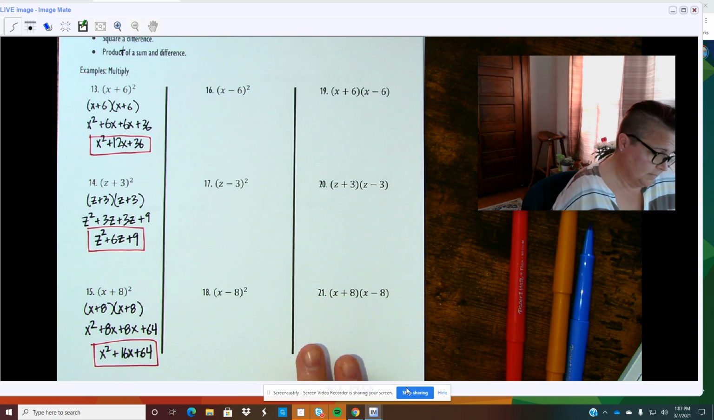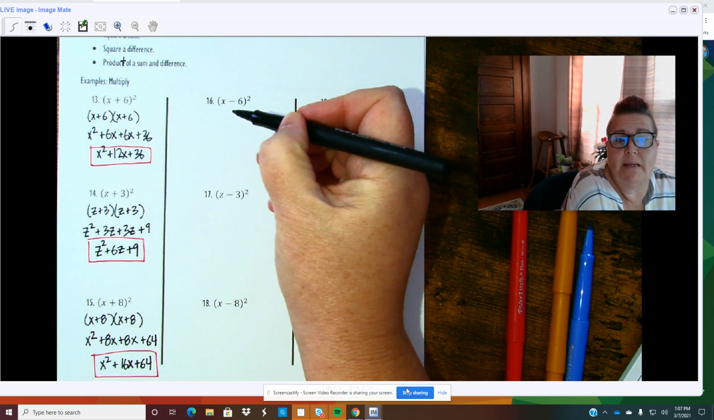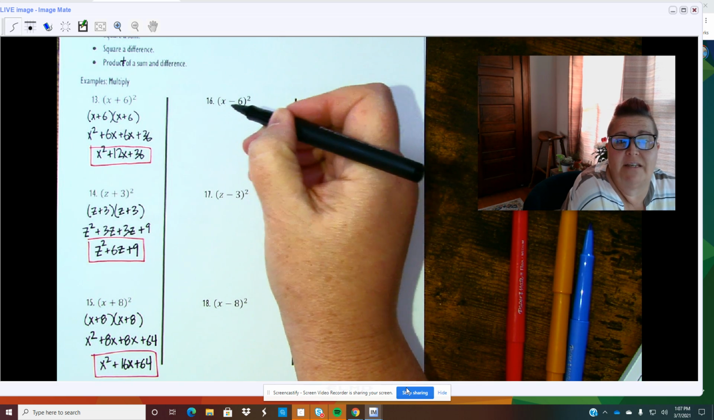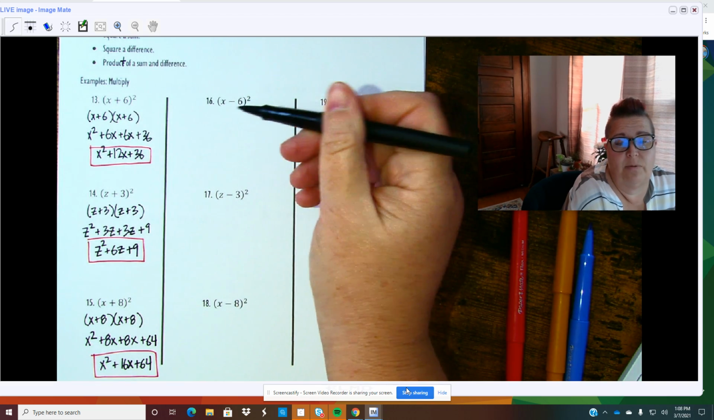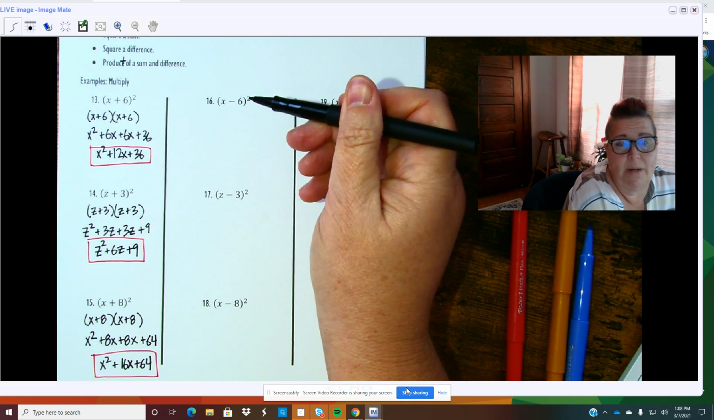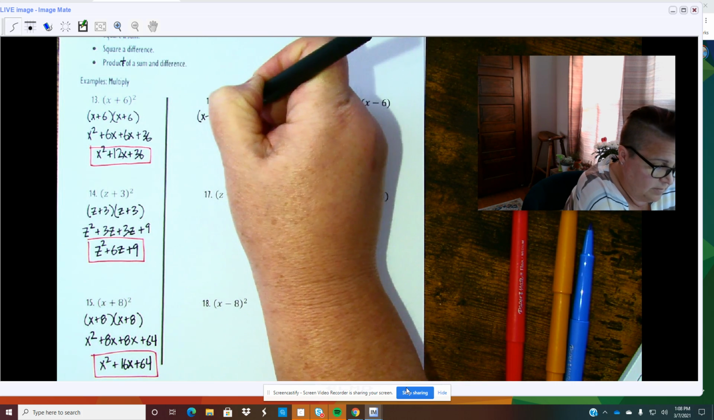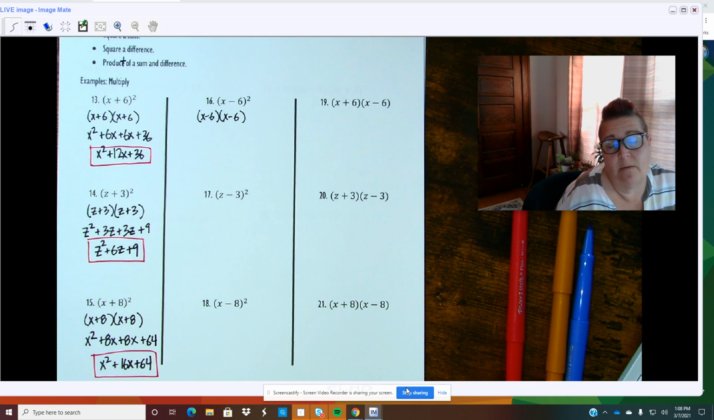Okay? What happens when we square a difference, when we have a binomial that is the difference of two numbers? So here I have x minus 6, and I'm squaring it. I know from the previous problem that x minus 6 squared should be rewritten as x minus 6 times another x minus 6. It's in this section about multiplying polynomials and foiling and double distribution because I need to use that